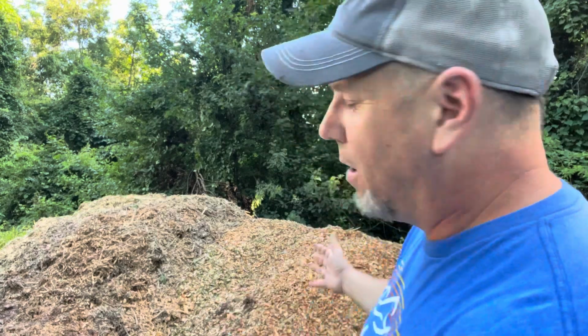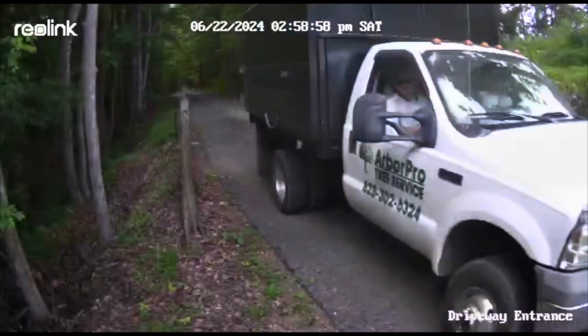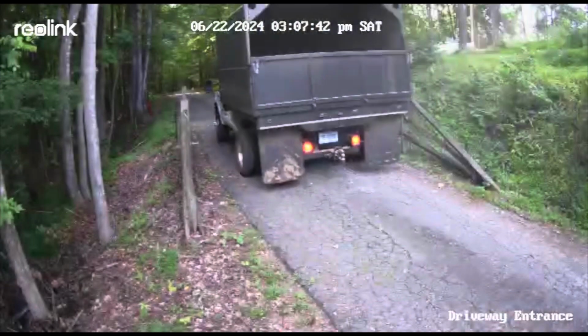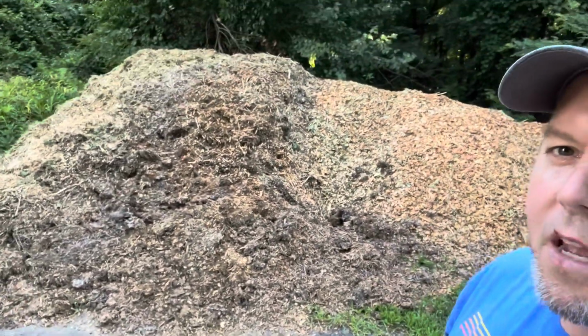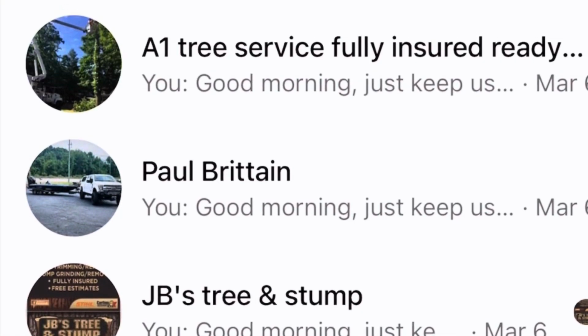So we got probably about 5 loads of wood chips down here. There's a couple local tree service people who are in the area, and man, they really hooked us up. So this is all free, and a lot of what we did was I just went on Facebook and I